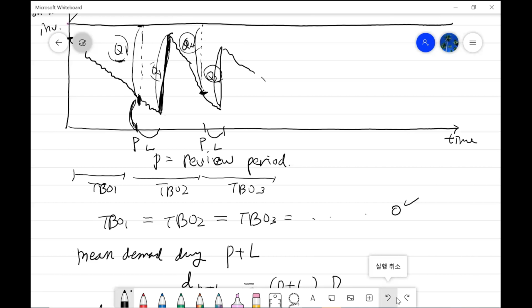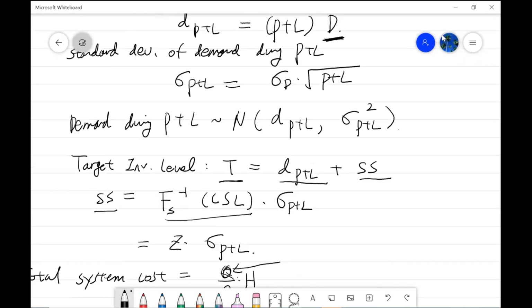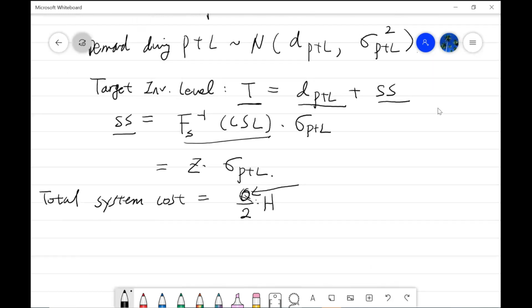So by implication, the amount of your order could be very different under the periodic system. That's why, going back to the formula to calculate the system cost,